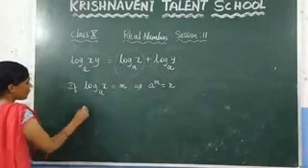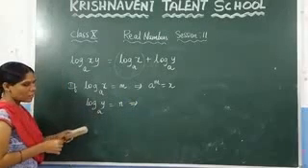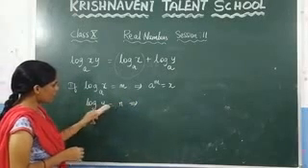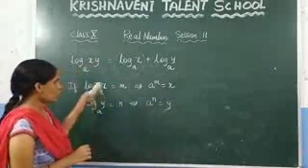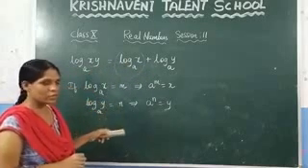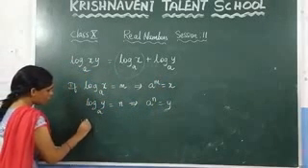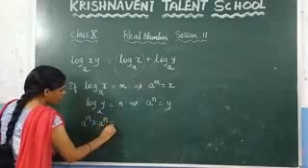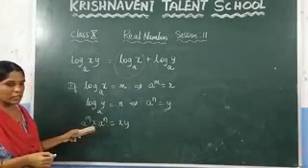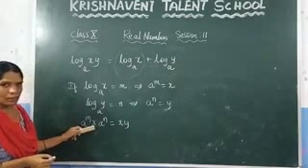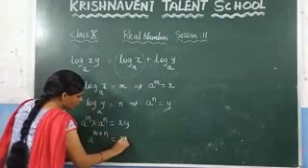Now consider this value, log y to the base a. Let us consider this value as n. Then by using the exponential form, you can write a power n is equal to y. Now if you want to show that this value is equal to this value, let us multiply these two equations. If you multiply these two equations, what will you get? A power m into a power n is equal to x into y. You know that if the bases are equal and you are multiplying, you can add their powers. From that, you can write this as a power m plus n is equal to xy.